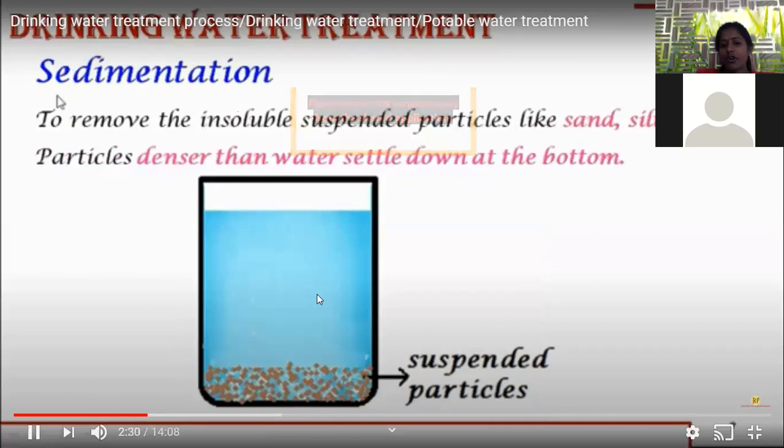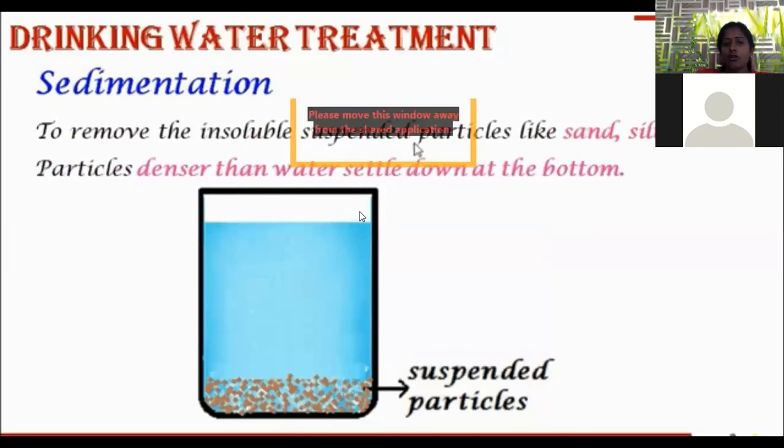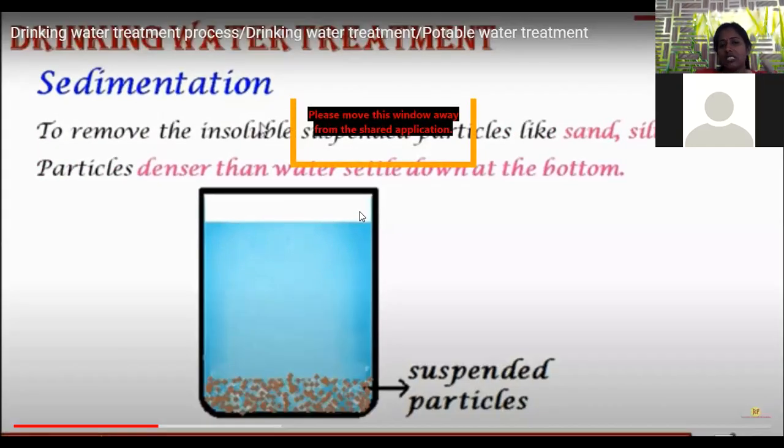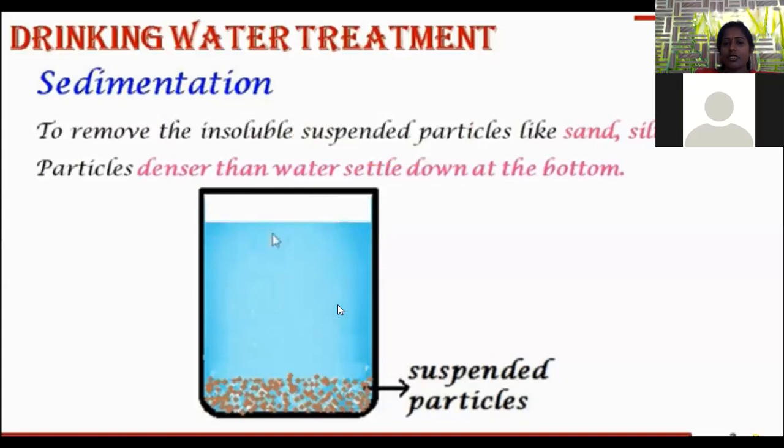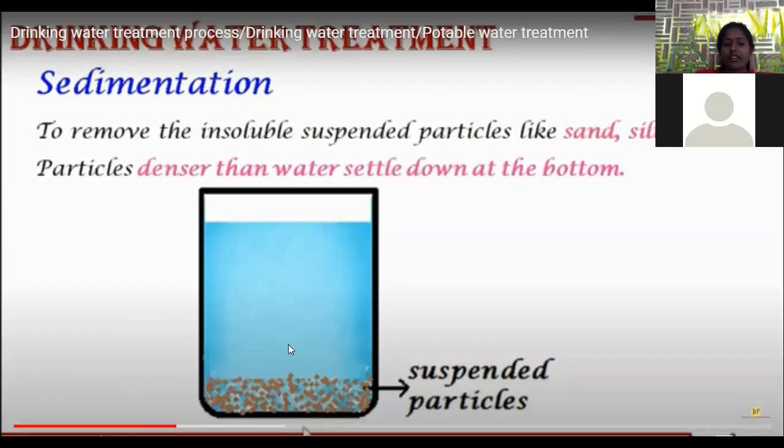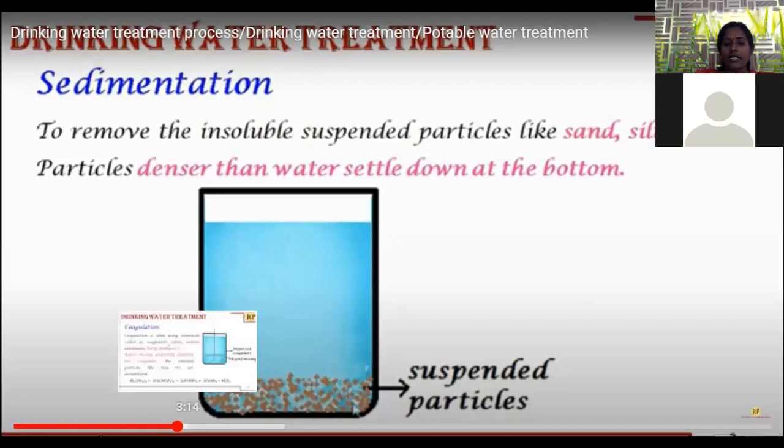In this sedimentation, what we are doing is this: water containing any kind of turbid matter, like sand, any clay particles, any denser particles present in the water, when allowed to stay as such, because of gravitational force, they are slowly deposited at the bottom, and that is called sedimentation. Okay, sedimentation is a very slow process and all the particles may not settle at the bottom. That's the reason why we need to add some coagulating agents.